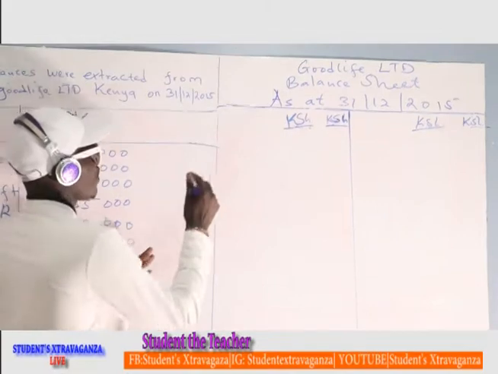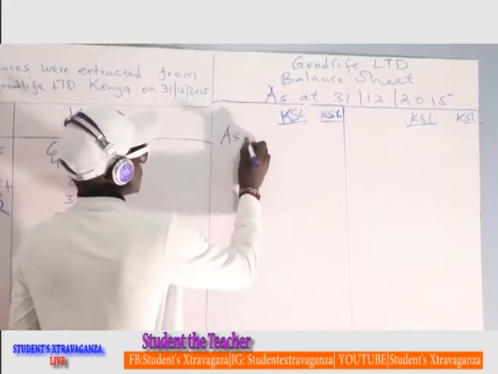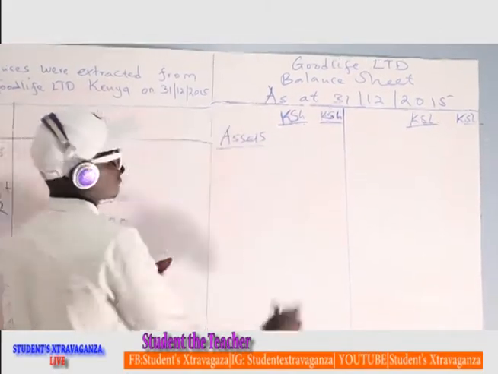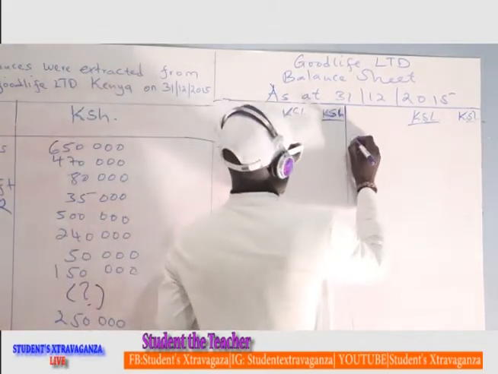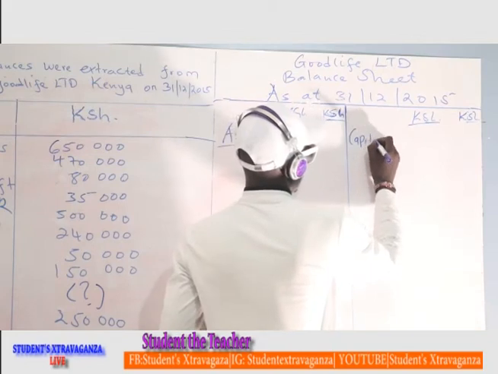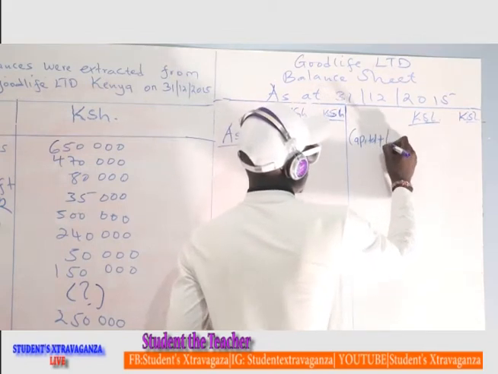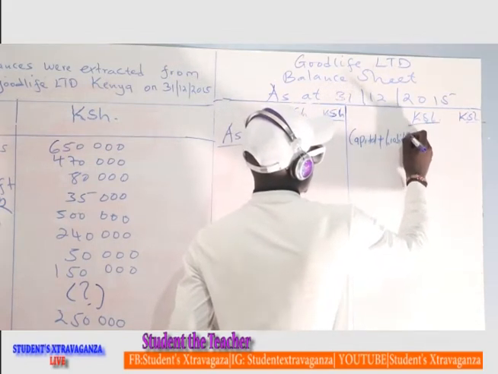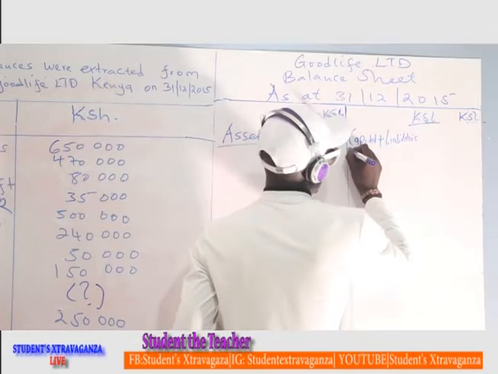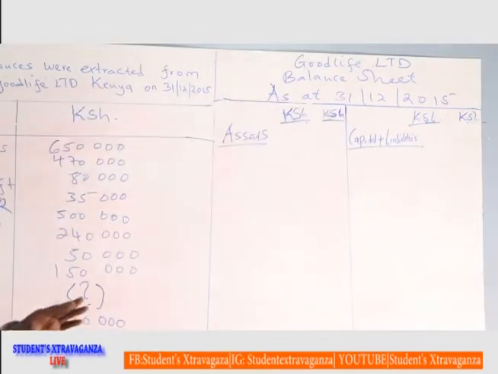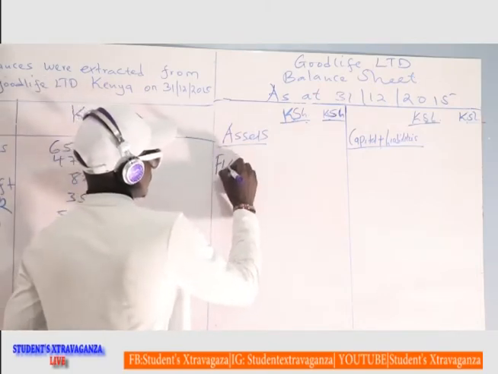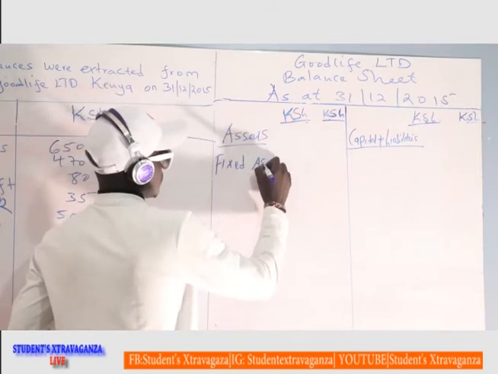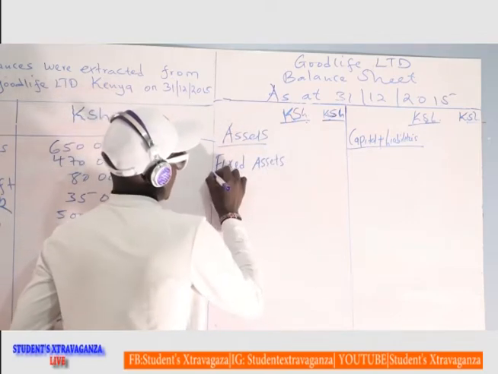We are going to list our assets. Assets on this side. Then on the other hand, we are going to list capital plus liabilities. Then we underline assets, capital plus liabilities. We'll start with fixed assets. We underline